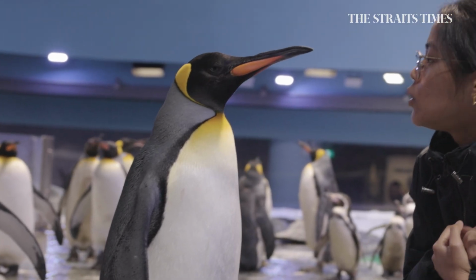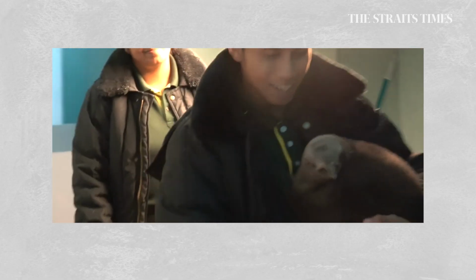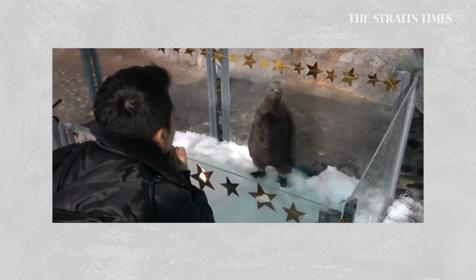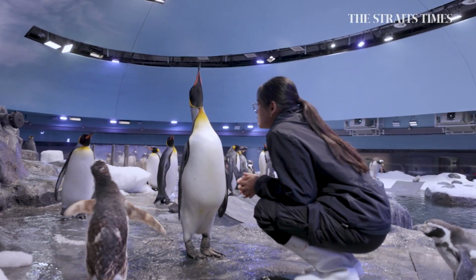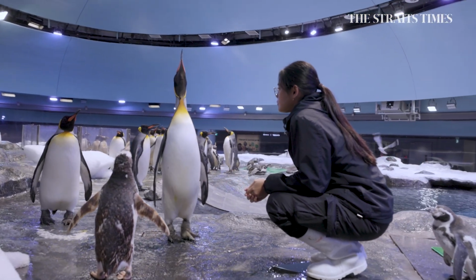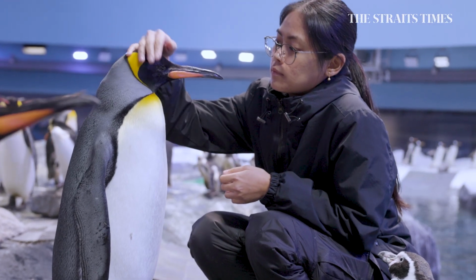Meet Percy. He's a 6-year-old king penguin born and bred in Singapore. At birth, he weighed just over 200 grams and was about 10 centimeters in length. And now, he's huge. Percy is now 72 centimeters tall. Percy is a hand-raised penguin, and one of his favorite humans is Yanti, who has been taking care of him